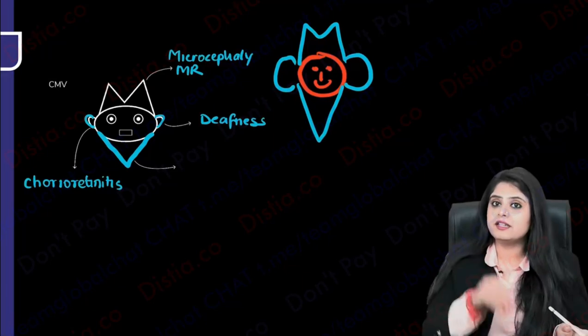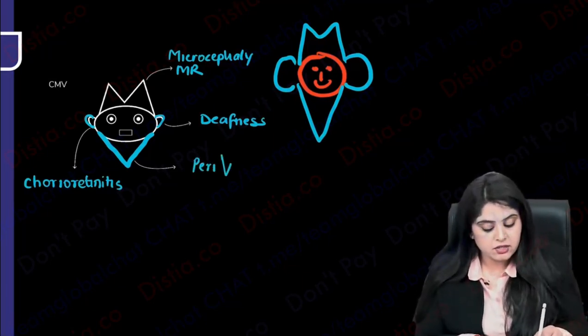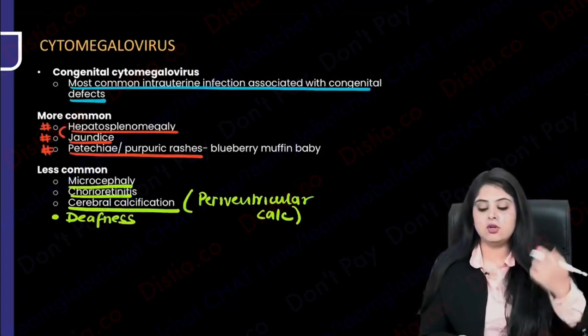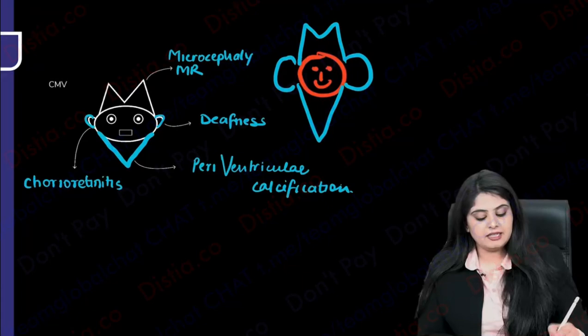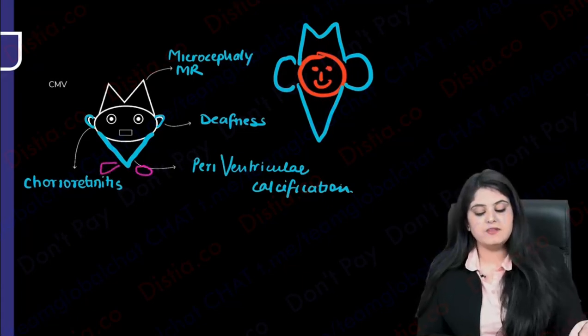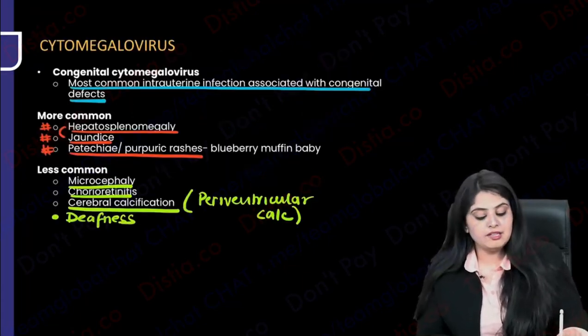Is it occurring in the parenchyma of the brain, or is it occurring periventricular? So remember, it is occurring periventricular, calcification is going to occur. So coming back, now you don't have to learn such a long list. In this I will add that these patients in their body can have involvement of the liver and can have involvement of the spleen. So we have made the 2 organs also. Hepatosplenomegaly and jaundice is also possible.